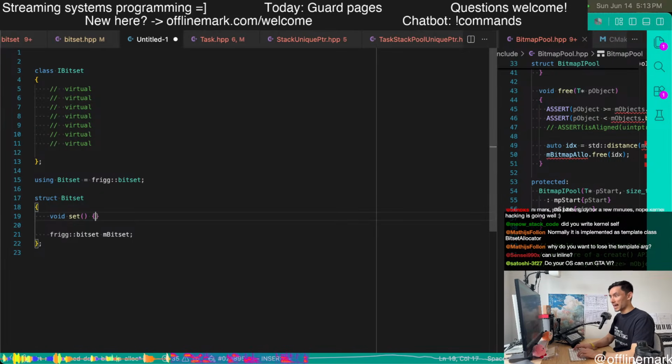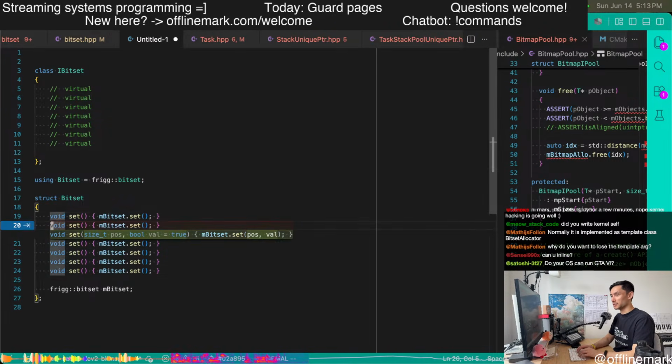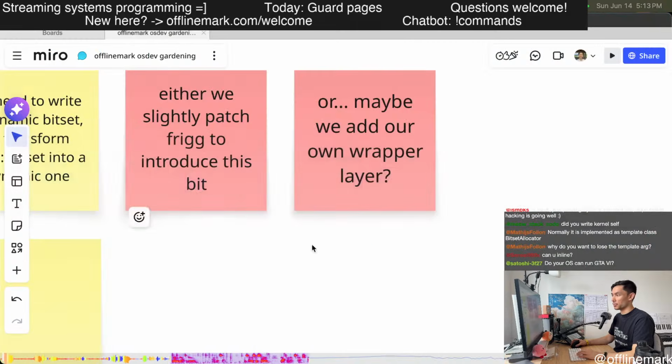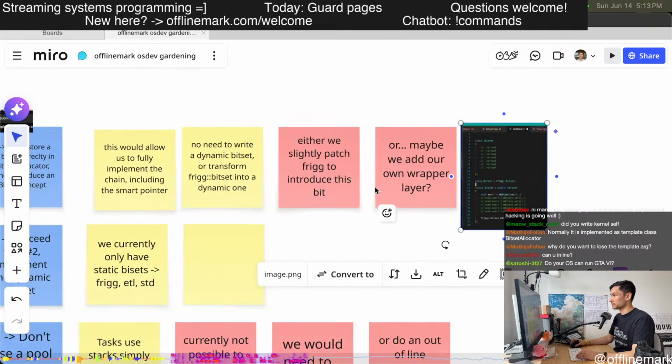And every single method just forwards. You can imagine doing this sort of thing for every single API that the bitset offers. And then we'd be able to do a bit set. And so this is the alternate sketch of what this would look like.